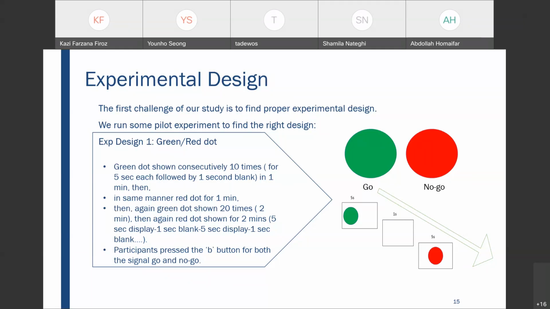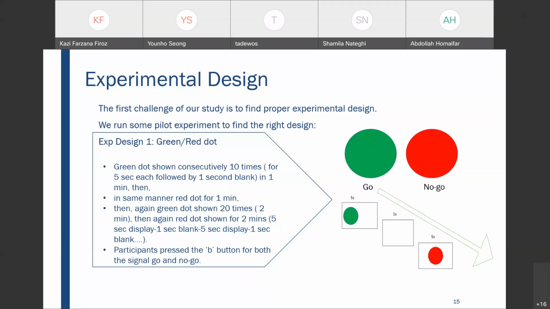We actually here wanted to mimic the practical scenario of a traffic signal. When you see the green signal, you go. When you see the red signal, you do not go. So in our experiment,